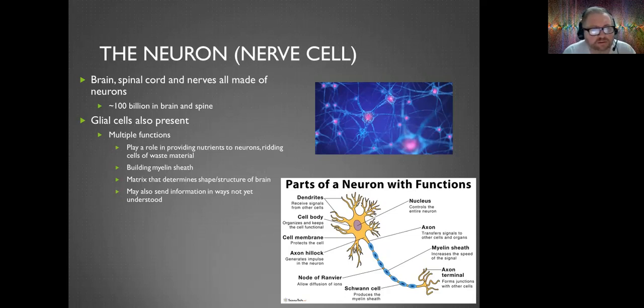But the nervous system is not just neurons. There are also other kinds of cells called glial cells. And in fact, there's lots of different glial cells. There are astrocytes and oligodendrocytes and Schwann cells and a few others I'm probably not remembering off the top of my head here. And they have all kinds of different functions. Some of them, for example, are sometimes described as being the janitors of the